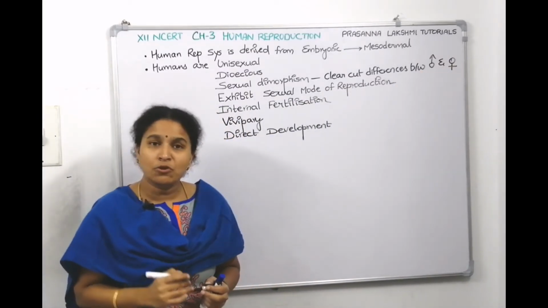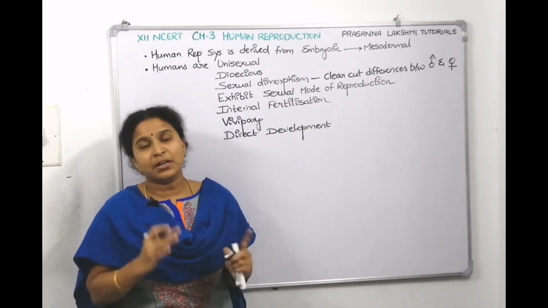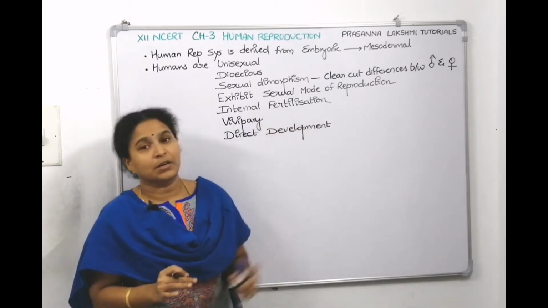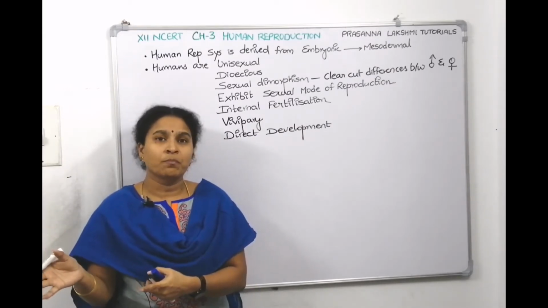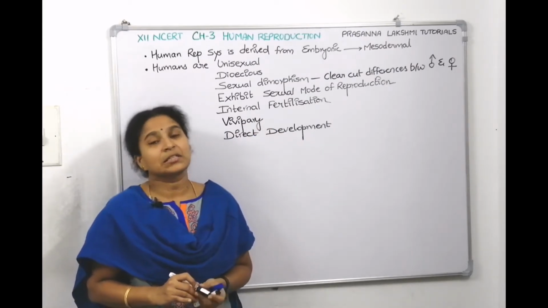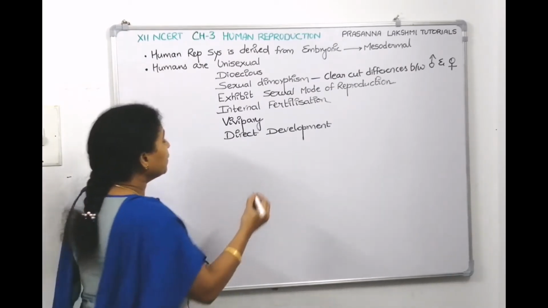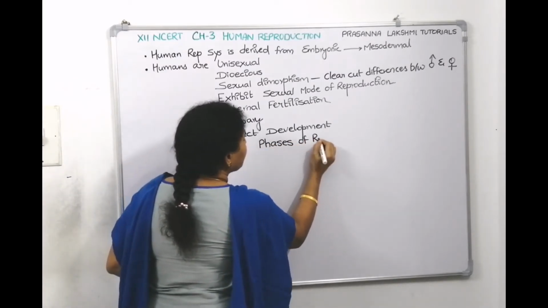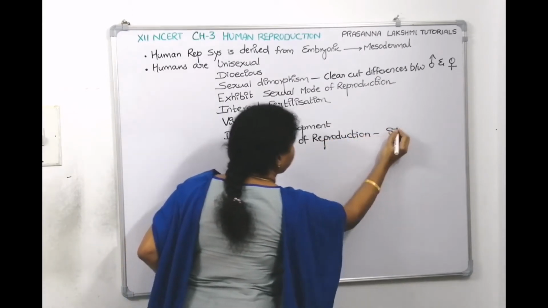Which mode of reproduction do humans exhibit? Sexual mode of reproduction. Which fertilization do they show? Inside the body or outside the body? Fusion happens inside the body. Gametes fuse inside the body. So internal fertilization. Do we lay the eggs and the eggs are fertilized outside? No. We give birth directly to young ones. That's called vivipary. There is no larval stage. That means there is direct development. Now coming to the phases of reproduction. When we have to talk about the phases of reproduction, children, there are 8 points to talk here. How many points are there?